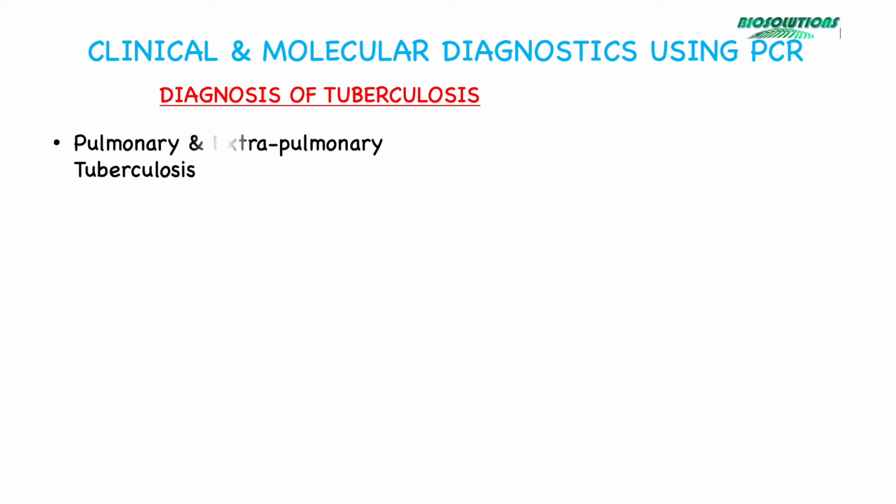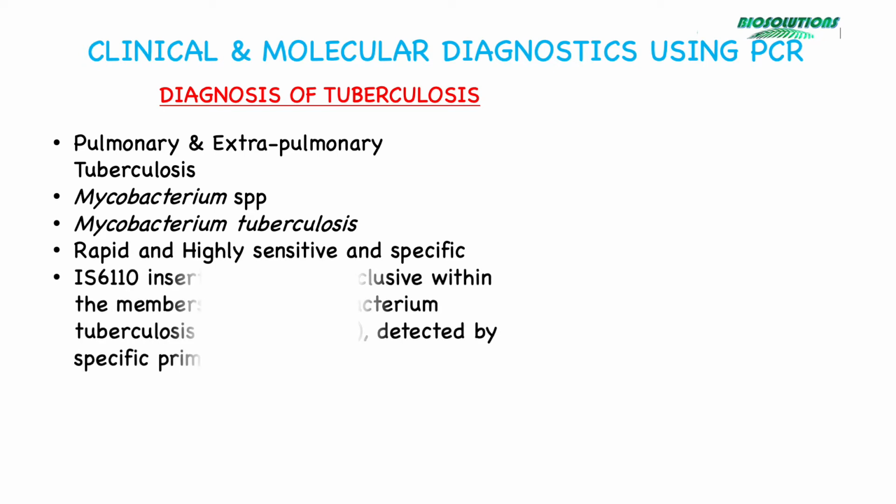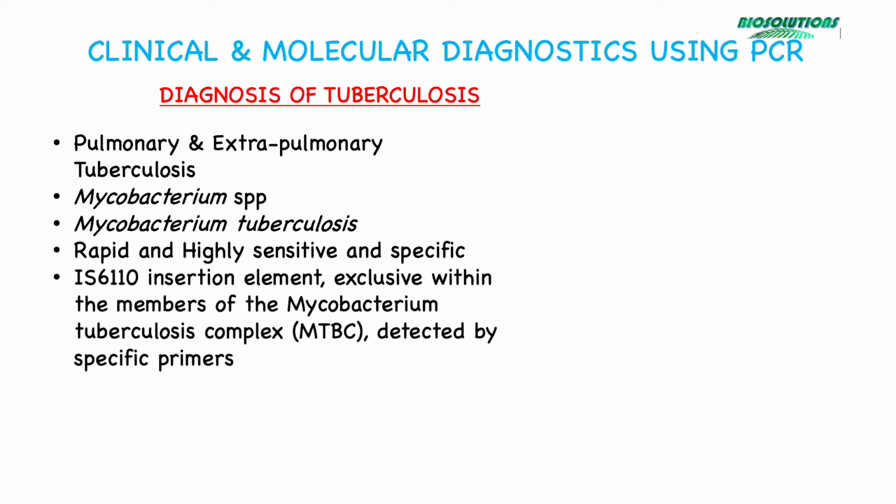Pulmonary and extrapulmonary tuberculosis, one of the leading chronic bacterial infections, are caused by different Mycobacterium species, Mycobacterium tuberculosis being the most frequent one. Besides conventional methods of culture, sputum staining, etc., Mycobacterium-specific PCR test is used for rapid diagnosis and is highly sensitive and specific compared to conventional methods. It can be used using tissue, sputum, or CSF samples.